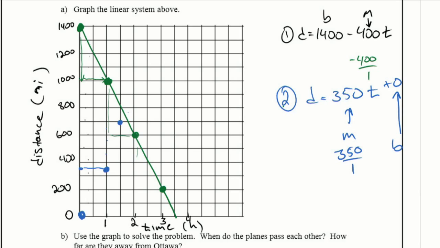We have our point of intersection. Oh, that didn't go over enough. 1, 2, 3, 50 over 1. It's a bit better. So there we have it. Our